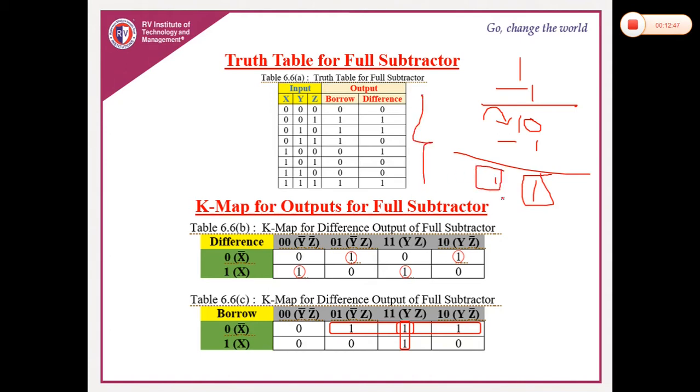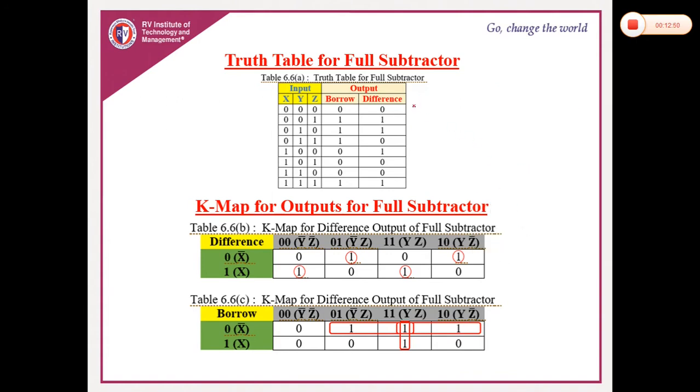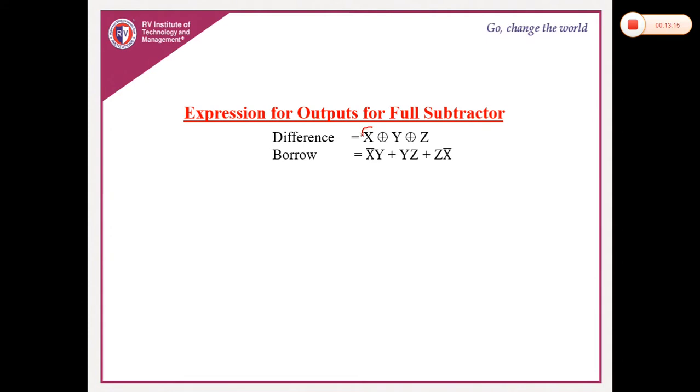So this is all about the full subtractor truth table. Once you are able to write this truth table, our duty is to find the expression for difference and borrow. How to get the difference expression? Use the K-map. For that, you write the K-map and fill it. There is no octet possible, no quad possible, no pair possible, only single terms. After writing the expression, you can see it is the same as the sum expression, that is x XOR y XOR z.